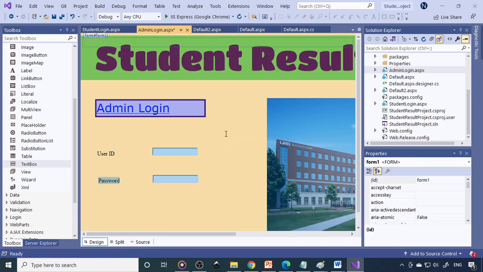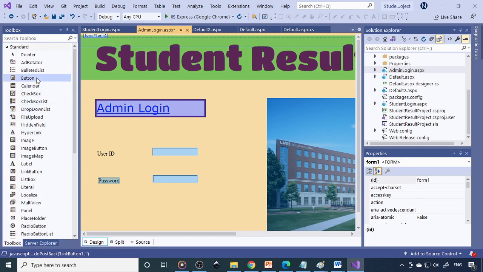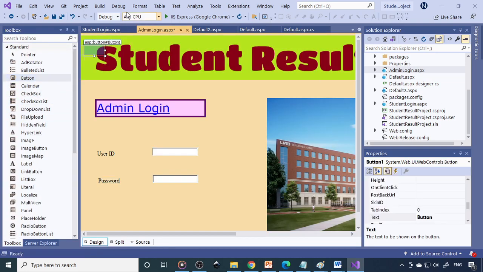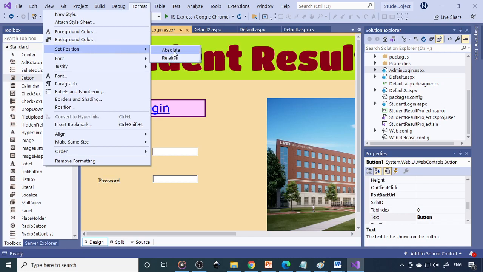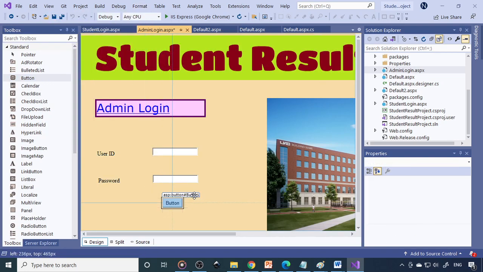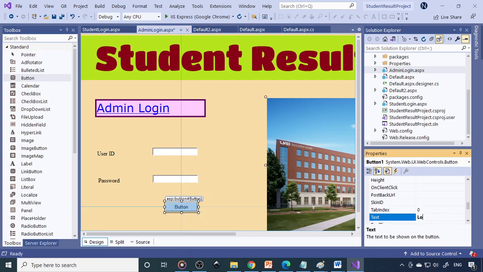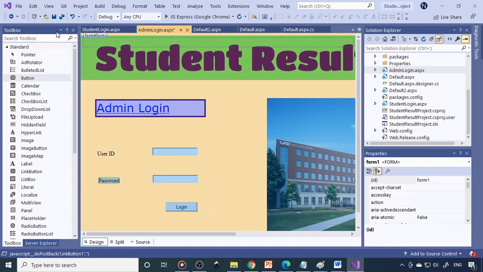Okay, so done. Next you want a button. Double click on the button. So now you got a login here. So it's designed.